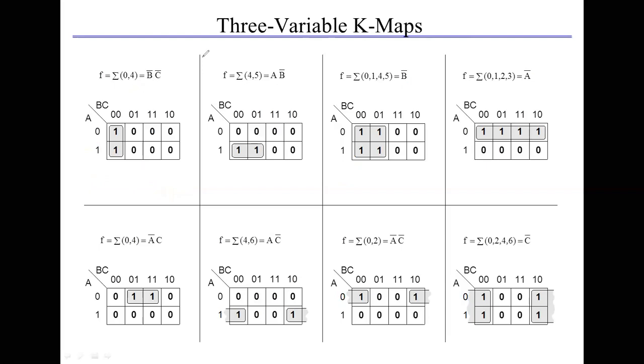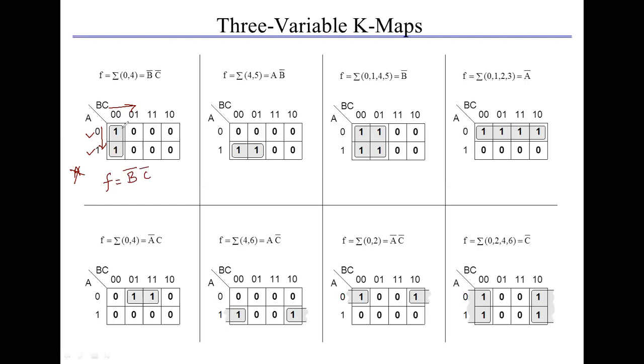Let us see the first example. Here in this pair, we have to see the cells that the pair has occupied. It has occupied the first column of the Karnaugh map. Here A is changing from 0 to 1. So the variable which is changing in the X and Y direction will get eliminated. B and C are both 0, 0 for this column and for this column. Therefore, A will get eliminated, and the function will contain only B bar and C bar.